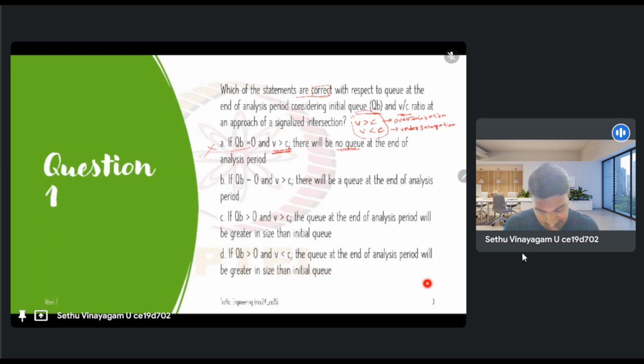Option B says if QB is 0 and V is greater than C, there will be Q at the end of the analysis period. This is correct, that's what we saw just now. And C: if QB is greater than 0, which means initially there is some Q left,